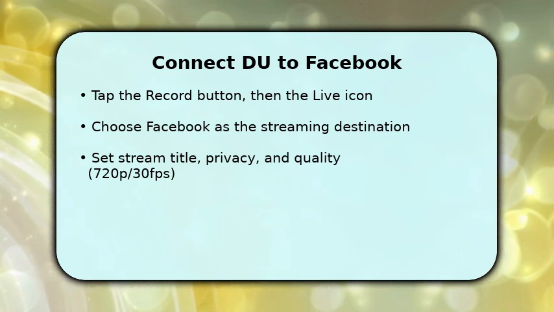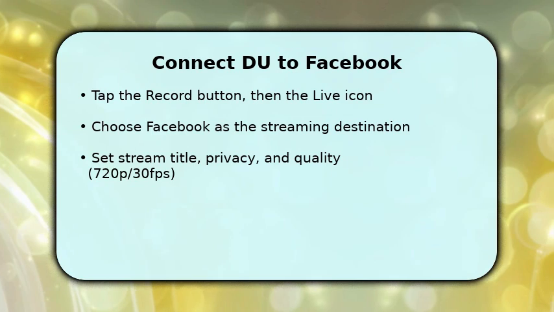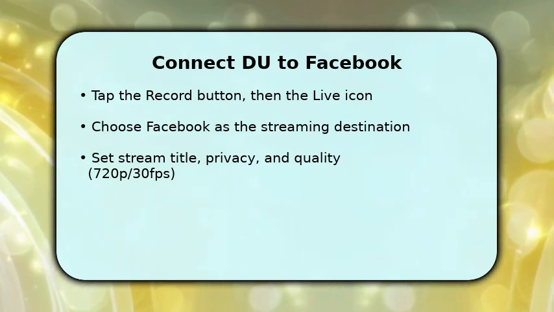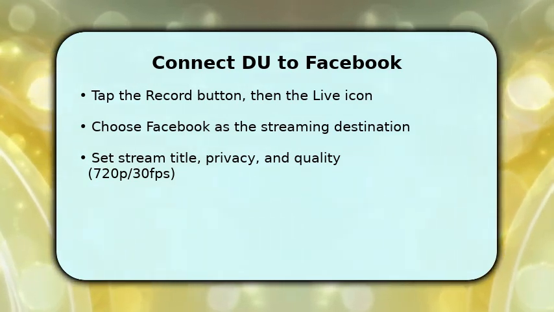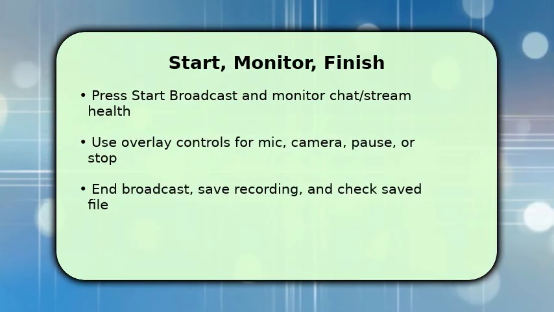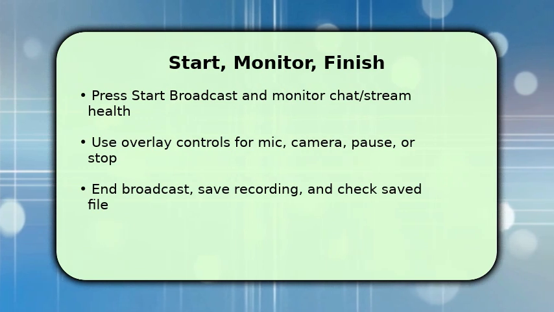Then set a clear, descriptive stream title and choose video quality like 720p at 30 FPS for stable performance. Higher settings may cause lag on spotty connections. You're ready to begin. Press Start Broadcast and watch the small status indicator for bitrate and connection stability so you